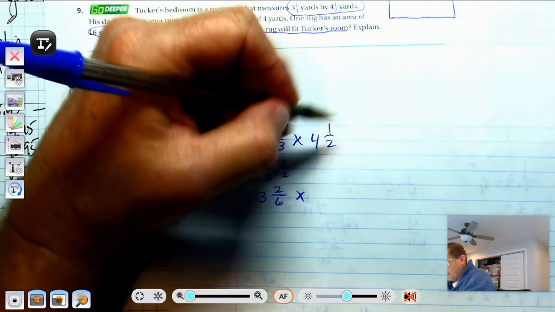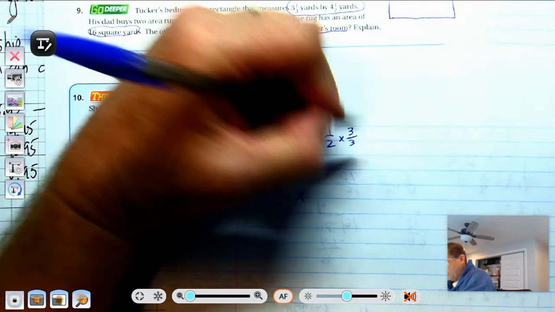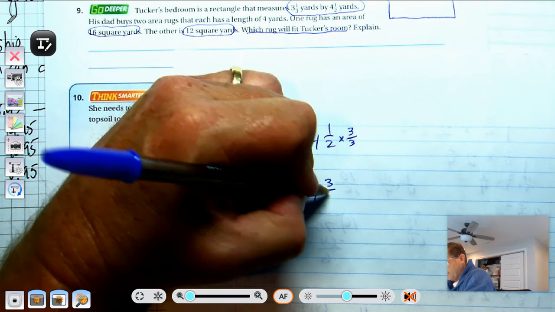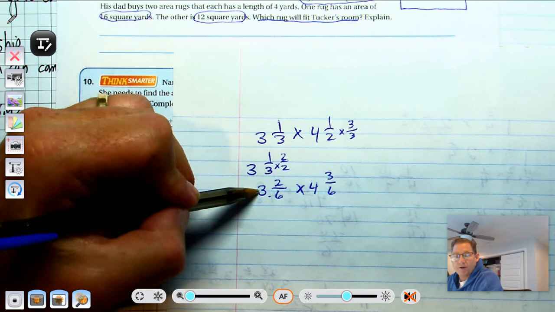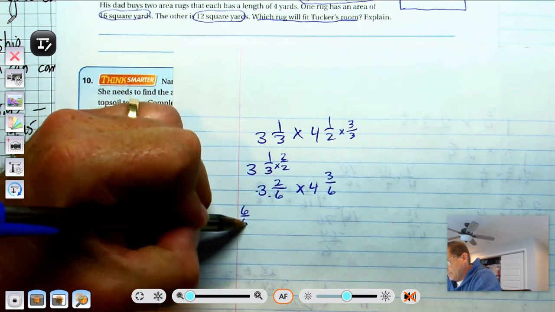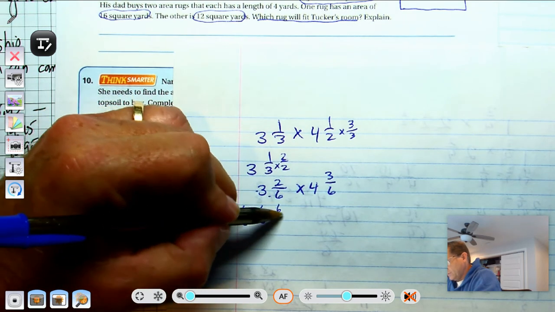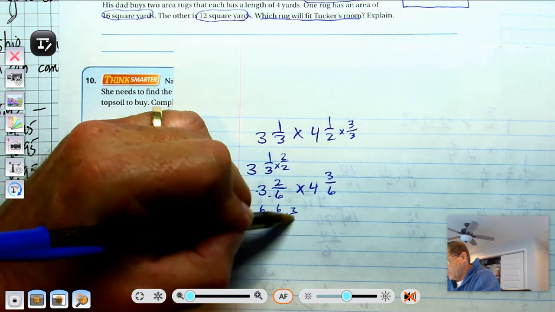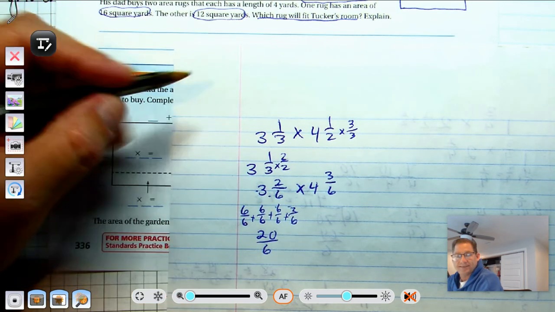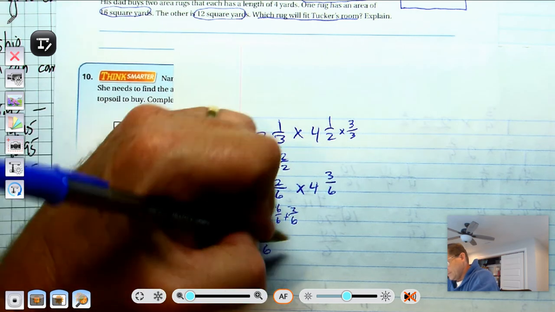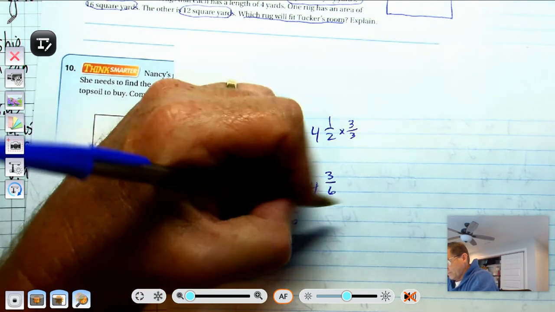And then I'm going to multiply the 4.5 by 3/3, and that's going to give me 4 and 3/6. All right, now, how many sixths are in 3 wholes? 6/6 plus 6/6 plus 6/6 plus the extra 2/6. 6, 12, 18, 20 sixths is the same as 3 and 2/6 times, well,